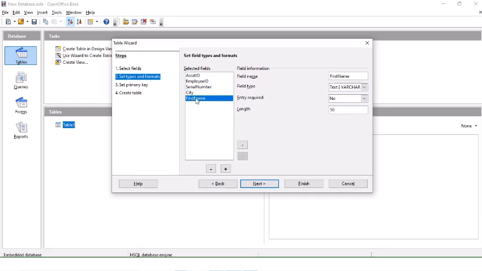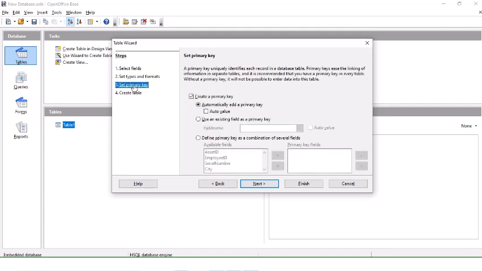Before that it has a default value, but you can customize it. And lastly you can set the primary key, automatically add primary key, or use an existing field as a primary key. So you can select any field, for example asset ID or employee ID, and once you click and lastly create